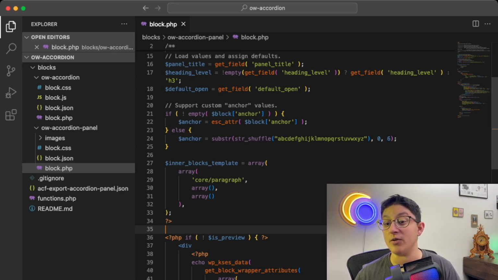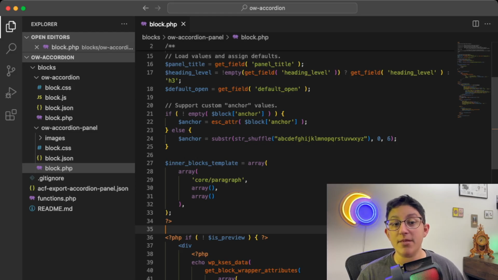The default value on that for ACF is no. Sometimes the project requires the first accordion item to be open, and so I'm just enabling you to do that if you needed to. The heading level should still follow the correct HTML heading level order. So it's defaulting to the H3, but you're going to want to pick the right one for your content situation. It's enabling you to still stay within that accessible heading level.